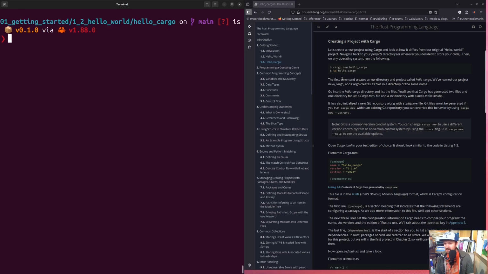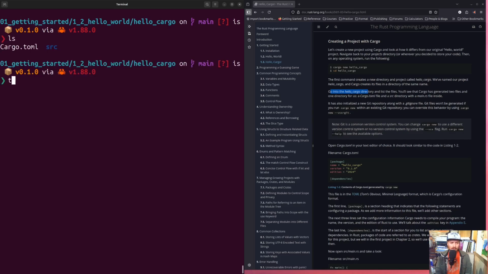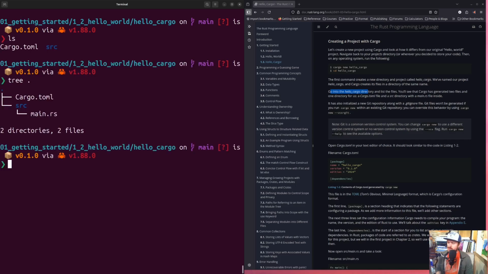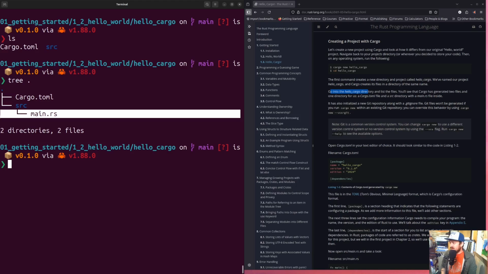So the first command creates a new directory and project called Hello Cargo. We've named our project Hello Cargo, and Cargo creates its files in a directory of the same name. Go into the Hello Cargo directory and list the files. We just did that. Or we could even call tree. You can see there's actually not a lot in this basic project. You've got source, and inside of source, there's one of those main.rs files, just like the one we made a